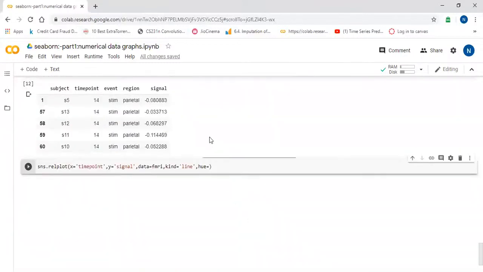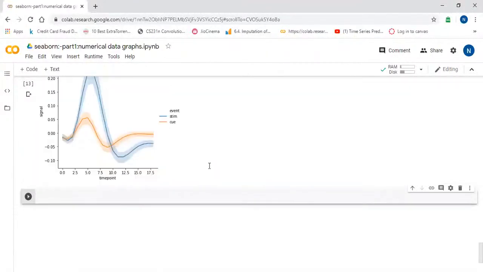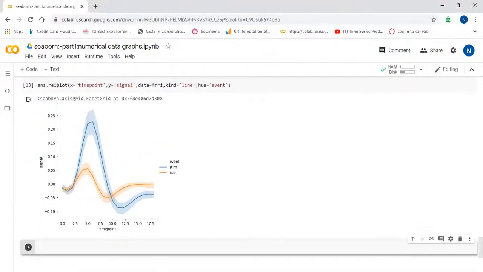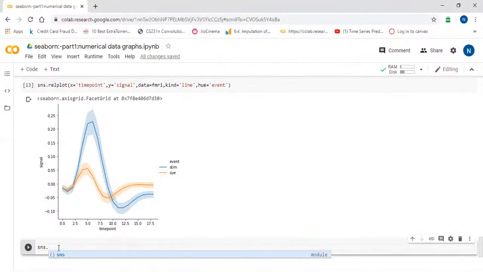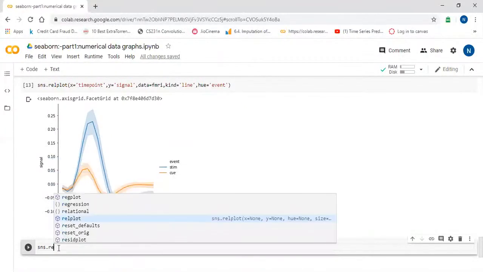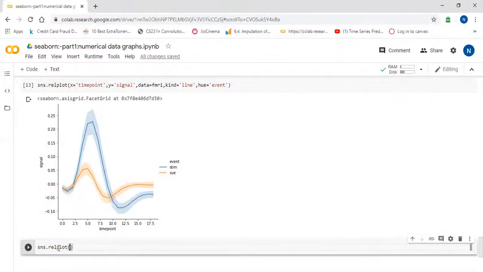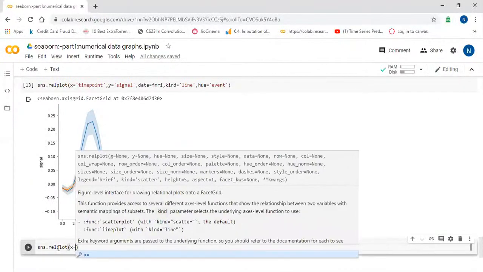As you know, you divide the data set. This way we can see the two lines over there. In the same graph, we have two lines, one with the steam and CUE. There are two events. On the basis of this, we have two graphs. So the same way we can set related parameters which we have plotted for the scatter plot. I will show you those.